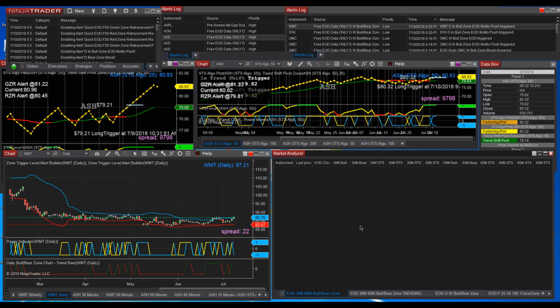The other package we have only has this product in it. It looks for the bull and bear zone break. This is a sample of a chart, and I took and added the green line and red line. I also plotted it